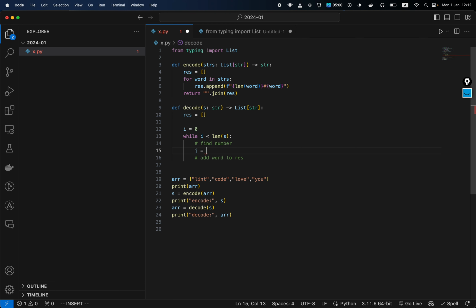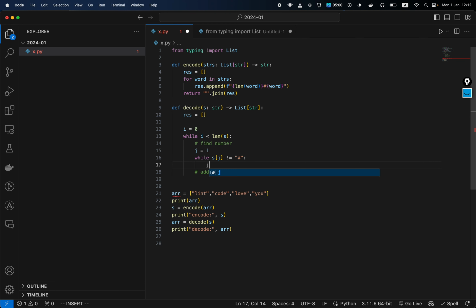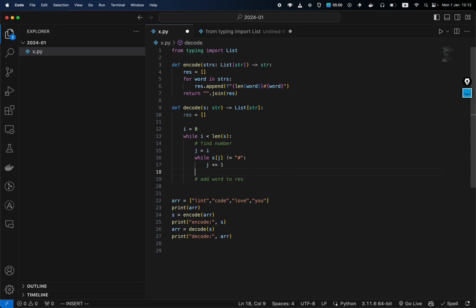So j is equal to i, while s[j] doesn't equal the hash, which is, j plus equals 1. Now we have a number,